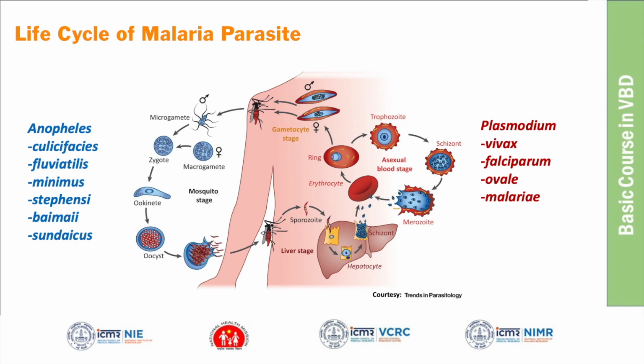So a lot of research is needed to really know the distribution of this species. Likewise, Plasmodium ovale is also a rare species in India. Plasmodium malariae is found in pockets, sometimes in association with falciparum and vivax,